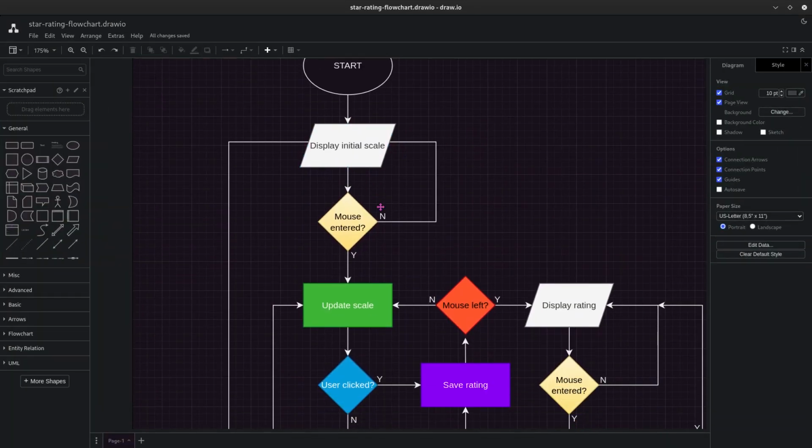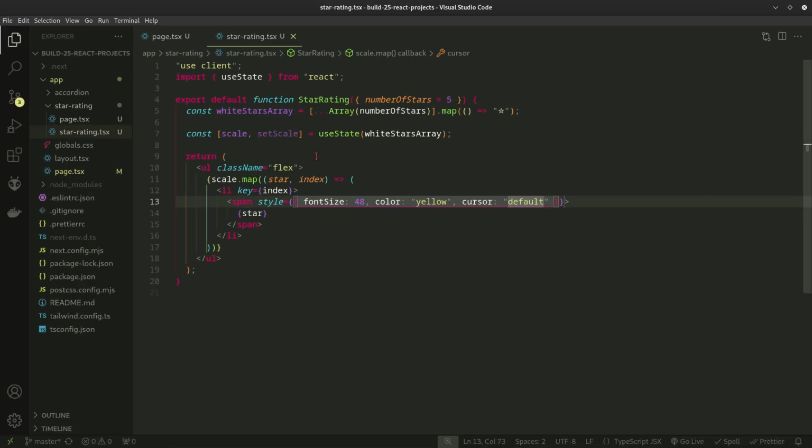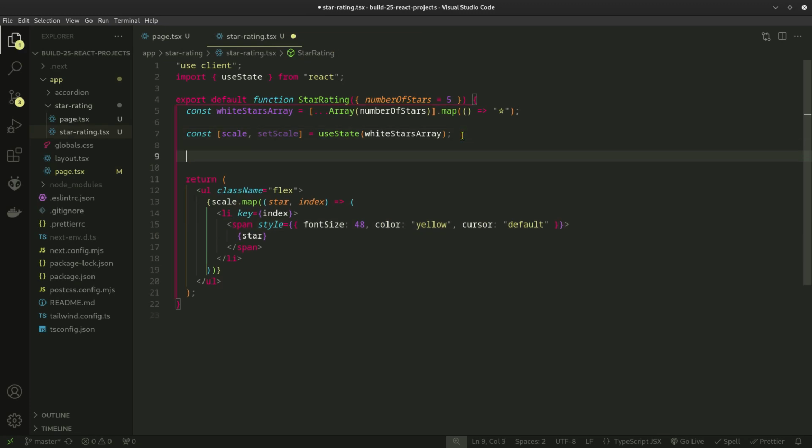Okay, we are displaying the initial scale. Now we have to check, has the mouse entered? Has the mouse left? And has the user clicked? So we know that we are going to call functions when these events happen. So let's add the event listeners